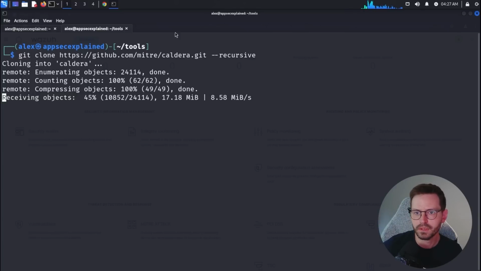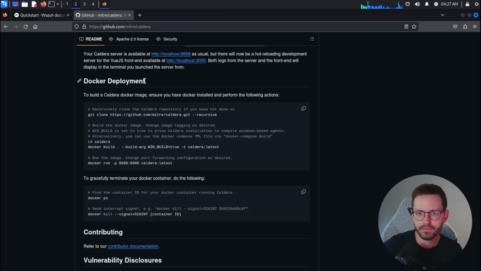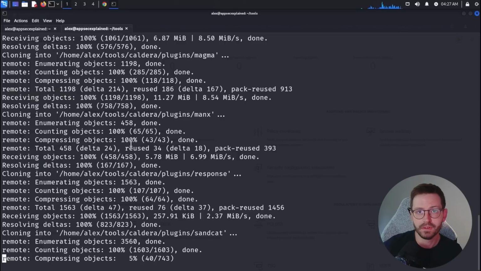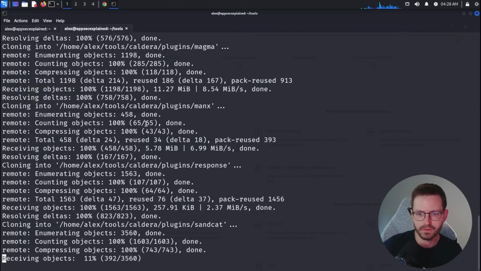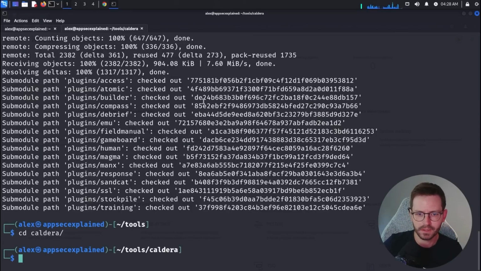So git clone caldera.git recursive, and then from the looks of it, all we need to do is go into the folder that we've just pulled down, and then build the container and then run it. So pretty straightforward. I'm just going to copy this, give it a second to finish pulling everything down. So cd into Caldera,